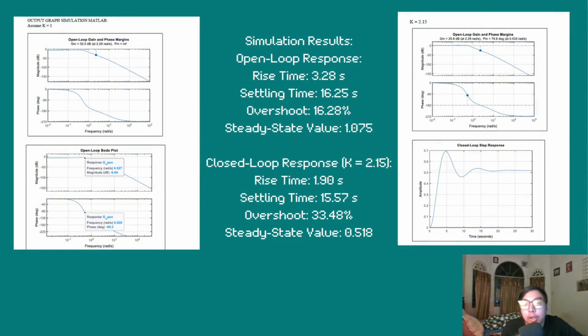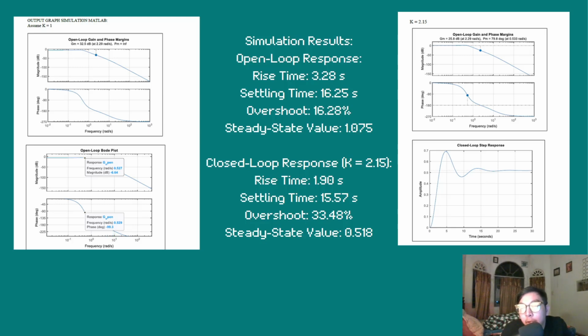So this is a simulation result. On my left, the output graph from the MATLAB simulation, where I assume K equals 1. So I get the open loop gain and phase margin. Firstly, I calculate to get the frequency first. So as you see this, I get the